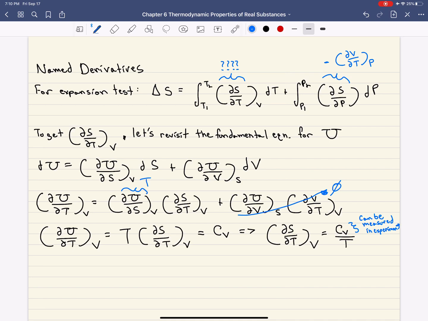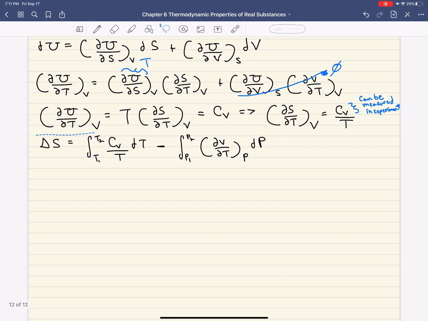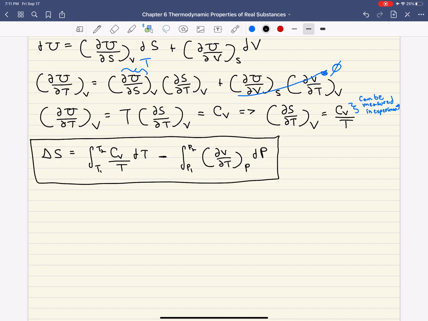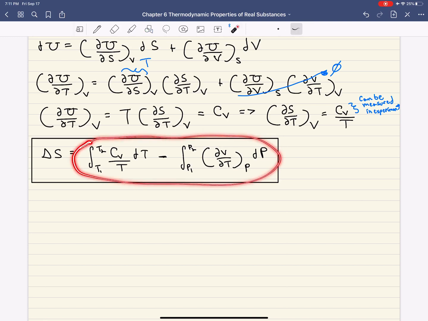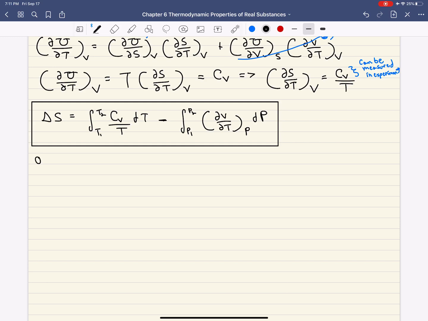Okay? And so what this tells us is that our delta S for that expanding gas, we can now rewrite it like this, minus the term with constant P dP. Okay? Alright, and so we see that just from invoking various mathematical relationships among our fundamental equations, we now can relate measurable properties to something at the molecular scale. Okay? Alright, and so this heat capacity is a fairly useful